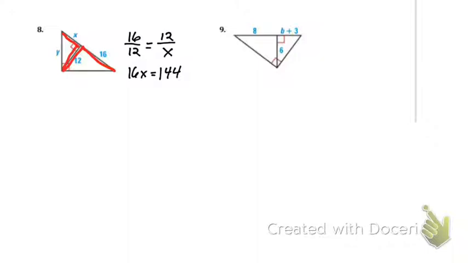And what's 144 divided by 16? Yeah. So x equals 9. Well, now that we have x equals 9, we can now use the rabbit ear method to get to my y. So we're going to go all the way across, which is actually 16 plus 9, which is going to give me 25,